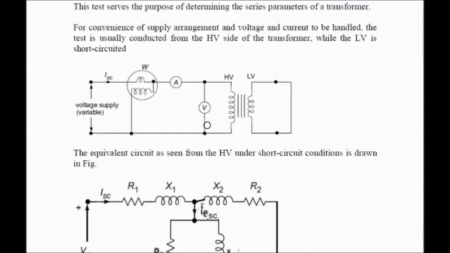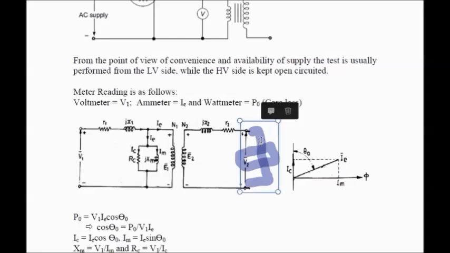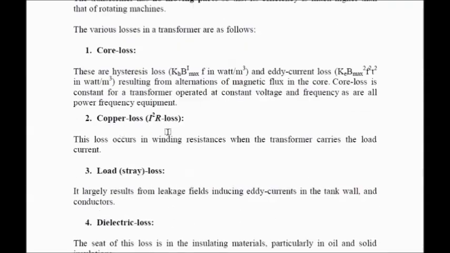So this is our copper loss, which is also known as variable loss, because it depends on the load current, as the current flowing through this is the load current, and on this load current flowing through this also depends. So this copper loss is also known as variable loss, and it can be calculated by I square R.